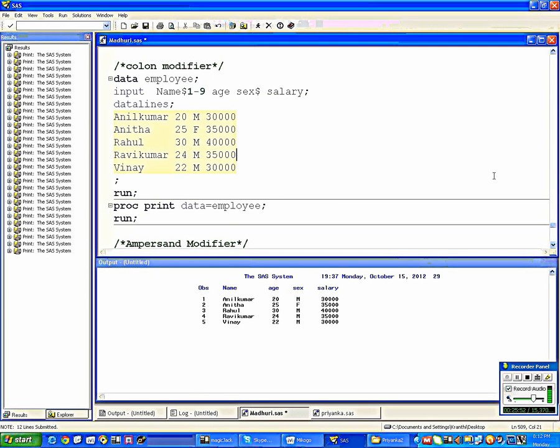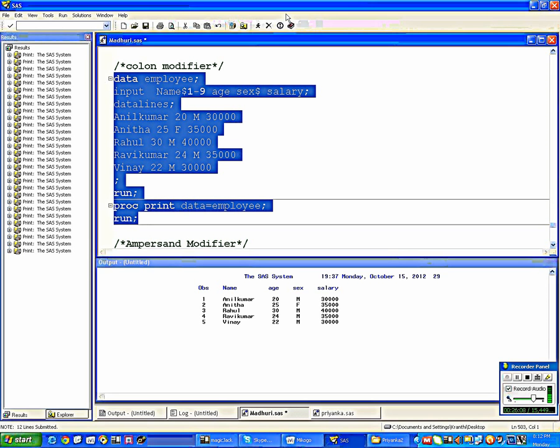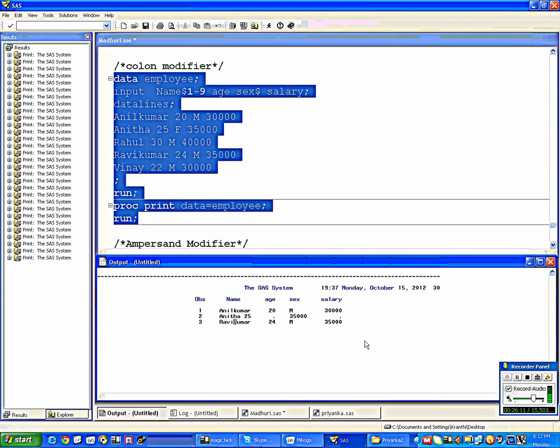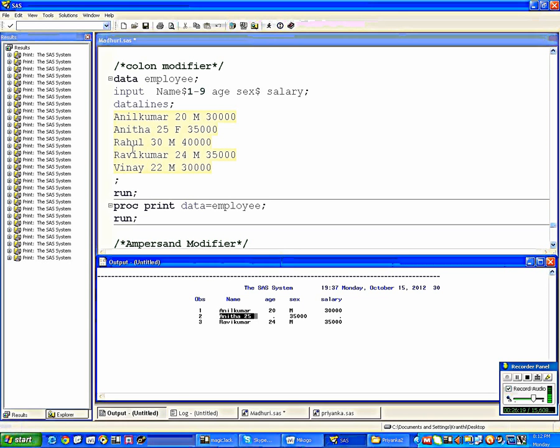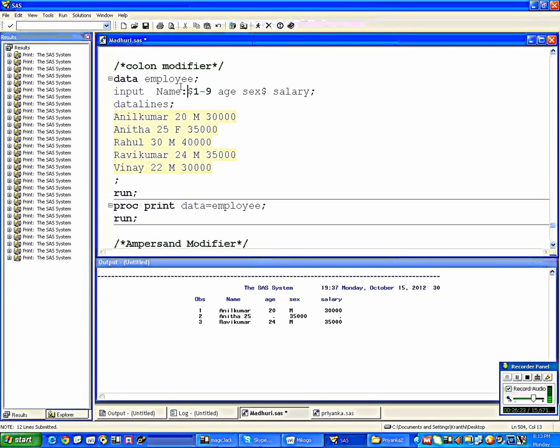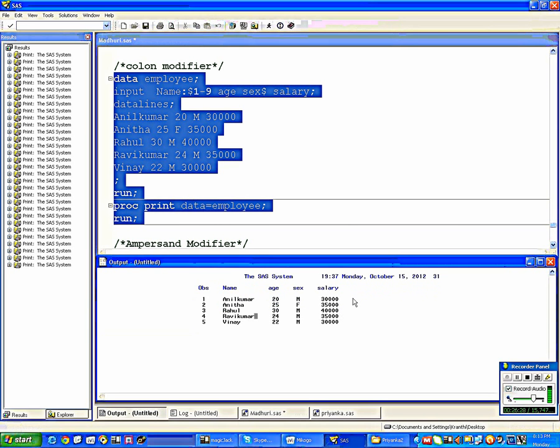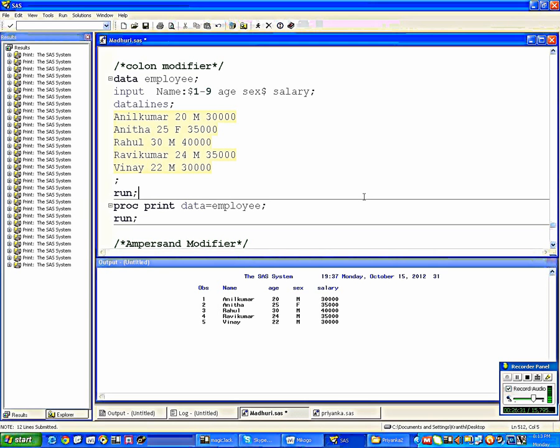But sometimes the data may not be in the correct columns. It is like this. Then I want to read it. How to read it? If I use 1 to 9, I am taking this Ravi Kumar as the bigger one and getting the 1 to 9. Then 1 to 9 column data will come under the name only. See 1 to 9. Then Anita 25 also, it is in between 9 only. 25 also, it's taking. So it's the wrong output. So simply here, use the colon. Submit. What does the colon do here? It's giving the correct output only.